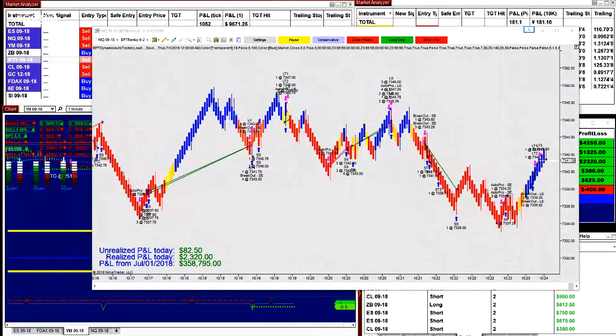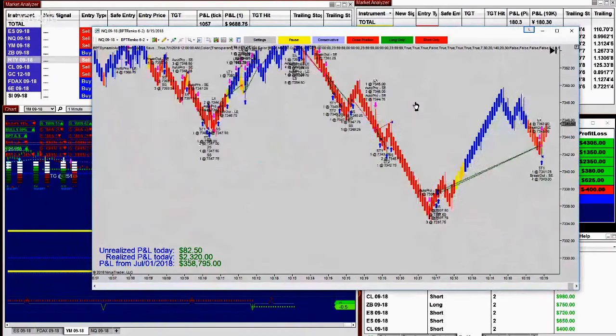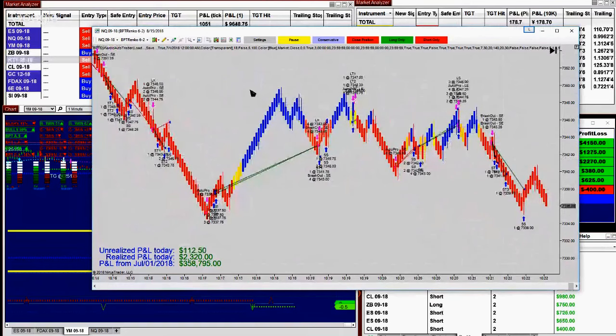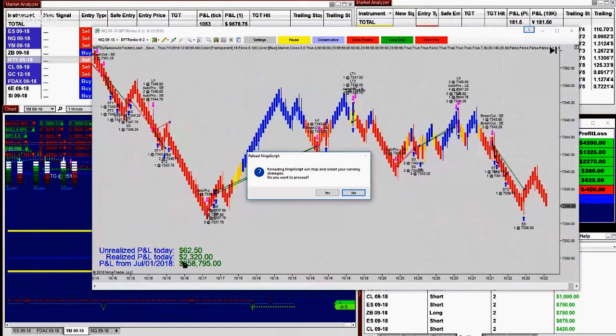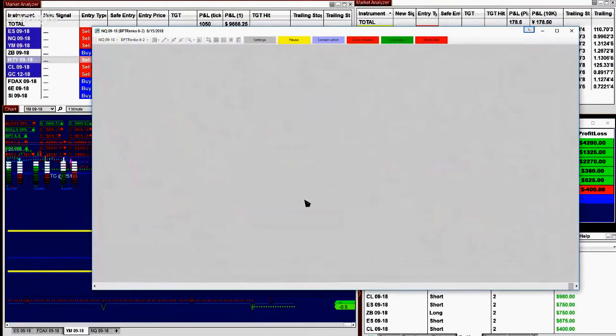There is not even hardly any losing trades in here. If we right click, we can get those numbers up. Look at this. Now it's 2,300. No, I can get it up. We can get those numbers changed. It's going to load. Wait. So that's why, folks, you're not going to find this guy or any other guy promising you $100,000